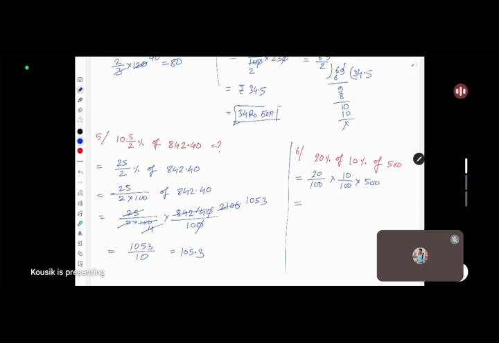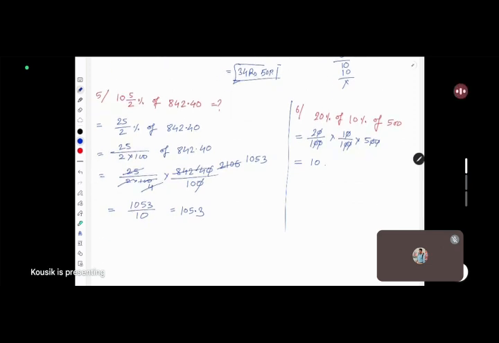So start the cancellation. স্যার 10। তাহলে 10 আসছে। স্যার আমি 50 দেখেছি।